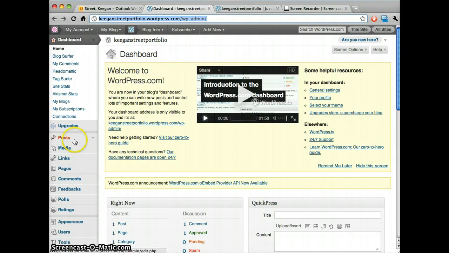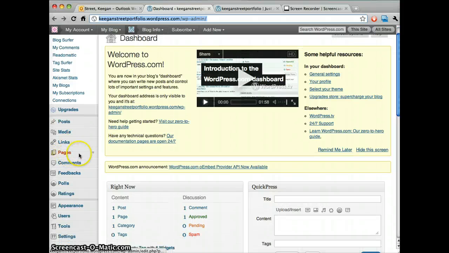As I said before, most people use WordPress to build a blog, so one of the first items on the left menu here is posts. That's to add a post to your blog, but since you're probably not going to be using a blog, you can ignore that and go down to the pages section, and that lets you create pages which are more like normal web pages, not based on date. So I'll click on pages,